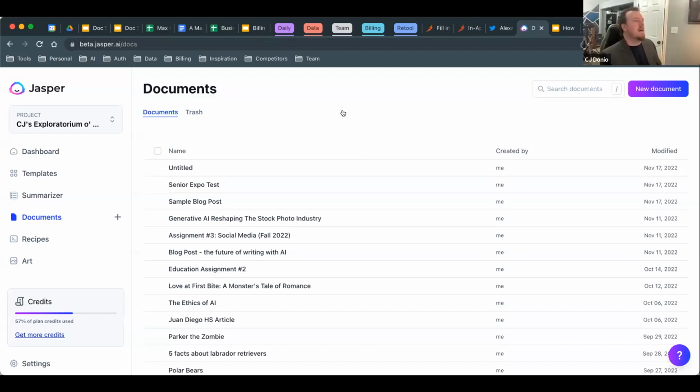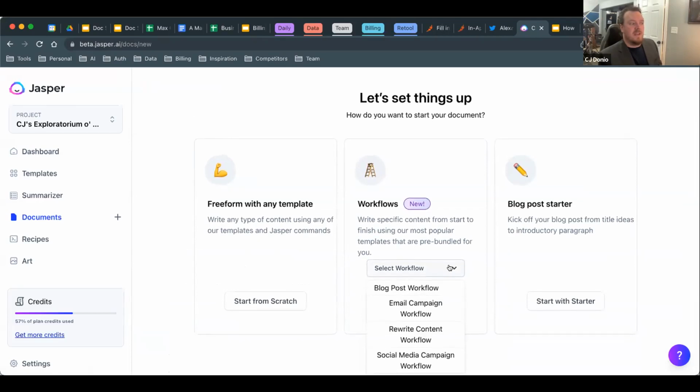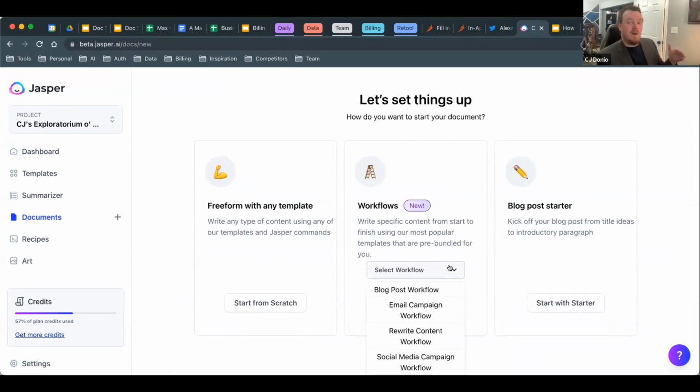There we go. So a lot of people just come here and spin up a blank document, which you can totally do, especially if you know the hotkeys like I do and how to get to power mode. We also have these workflows that help a ton. And on top of all of that, quick shout out to Ava on my team. She's our sign up product manager. They have a checklist coming out. They also have a starter doc similar to Notion that says, here's how you get started with commands. So we're constantly finding ways to get people in and using content faster.